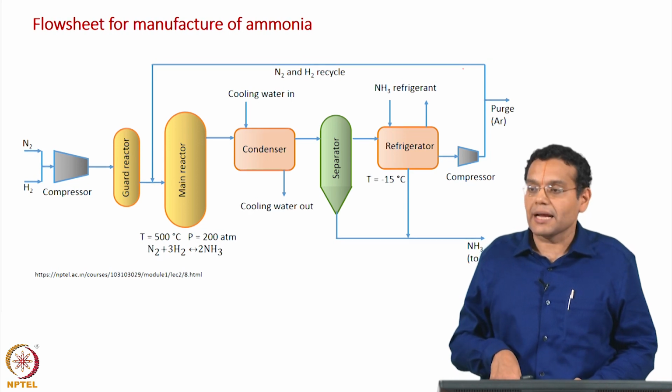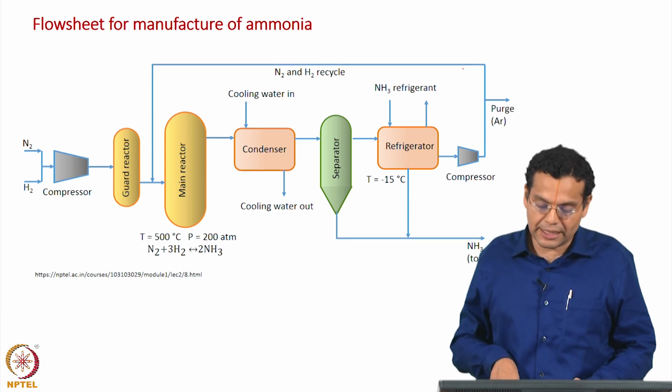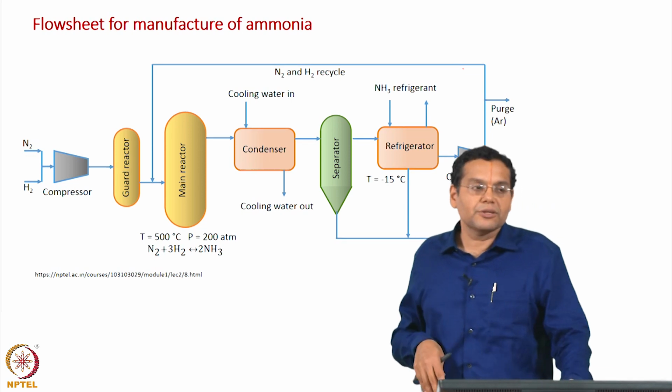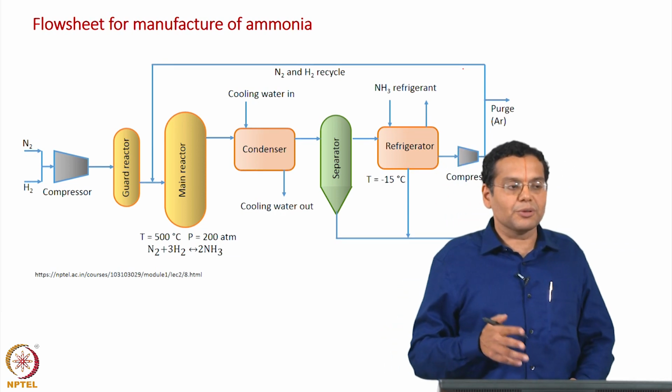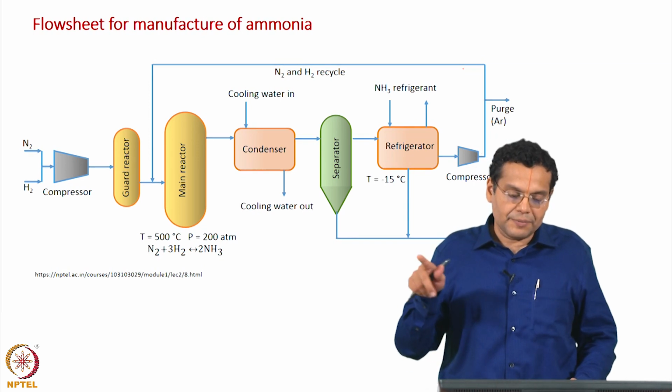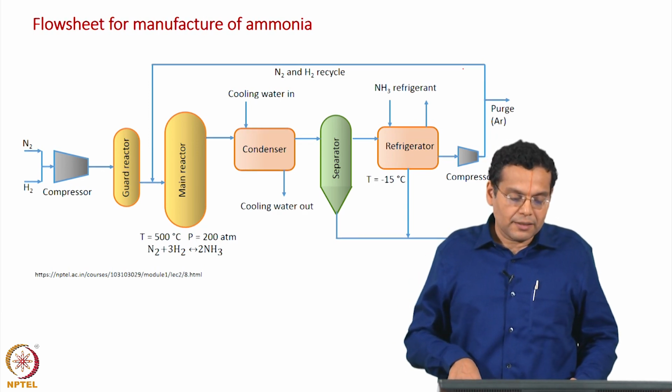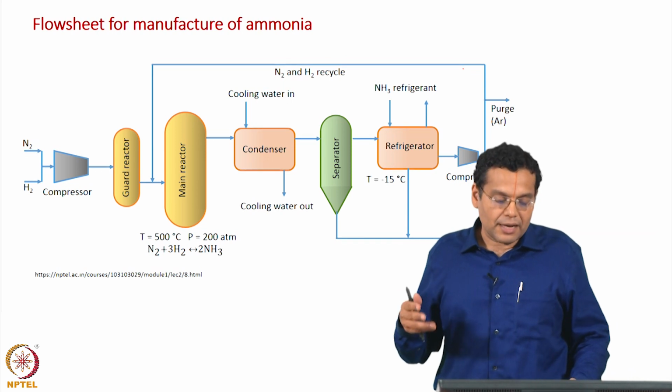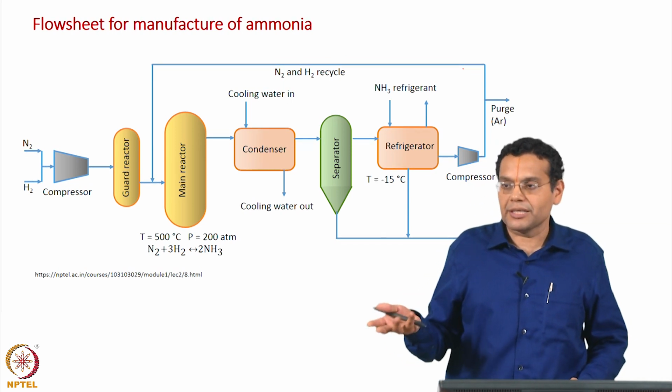This reversible reaction between nitrogen and hydrogen giving ammonia takes place. It should be noted the conversion is usually very low, of the order of just 20% per pass. And the stream leaving the reactor has ammonia, unreacted nitrogen and hydrogen, and some impurity as well, let us say